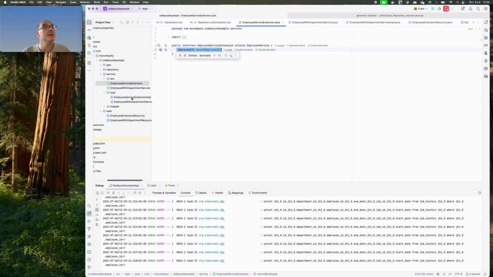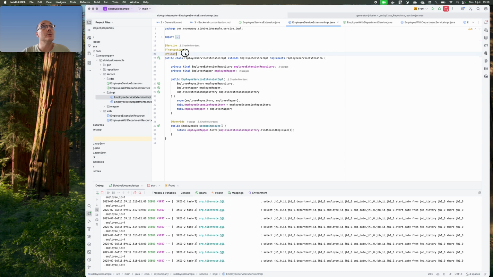Here, in the implementation service, what I will do is to annotate that class with @Primary, which will tell Spring that this implementation is the one that should be taken compared to the other implementation, of course.